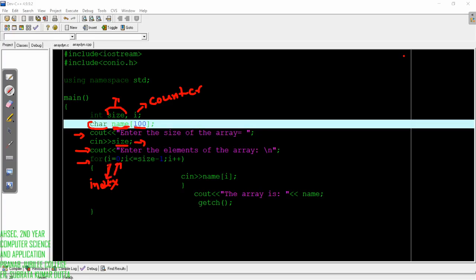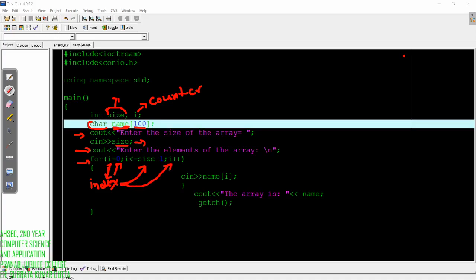And we know that the index value goes up to size minus 1. So for I, we have written less than or equal to size minus 1. That means every value from 0 to size minus 1 will be checked by I, and the counter is I plus plus.